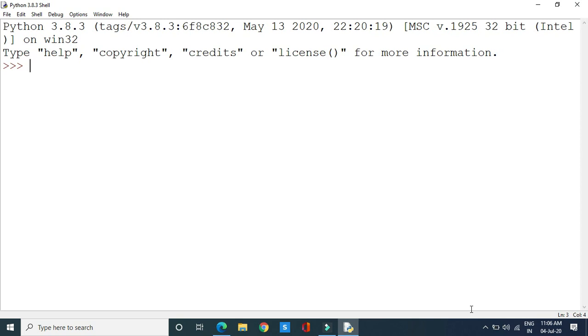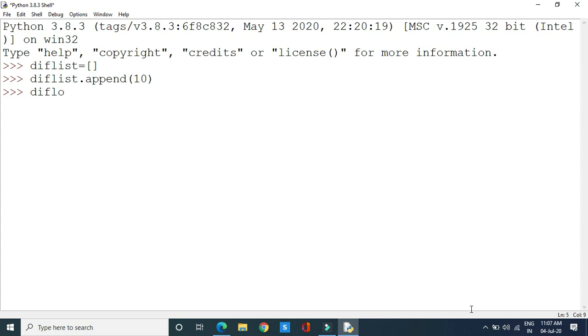Till now, we have seen how lists are created and how similar kinds of data values are stored. Now we will try to create a list with different data types. So I will create diff list, and this is an empty list. Then I will try to append different values to this list. Diff list dot append, as we did previously. First I will append an integer value,